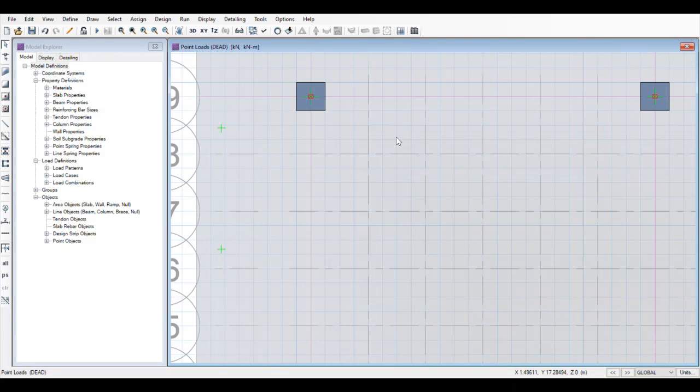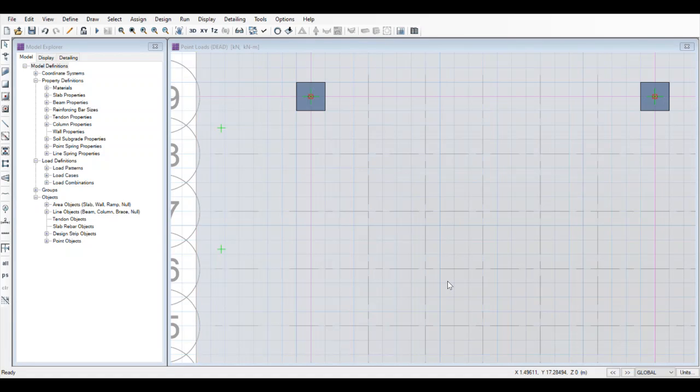In design you will see the rebar material should be HYSD 500. For columns you won't have to enter the rebar material because it will automatically choose the rebar material which is in the slab. It will directly go to the column, so no need for changing the rebar material.